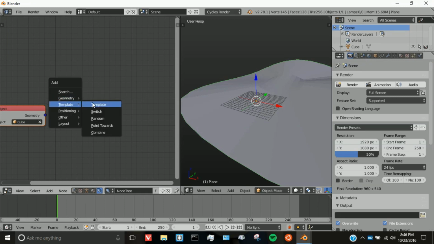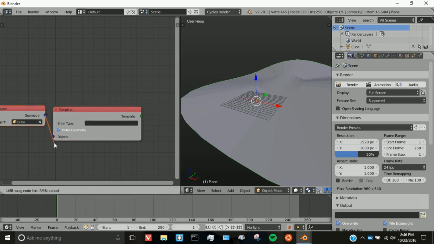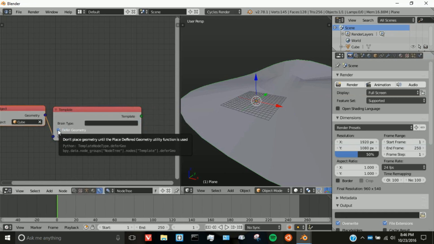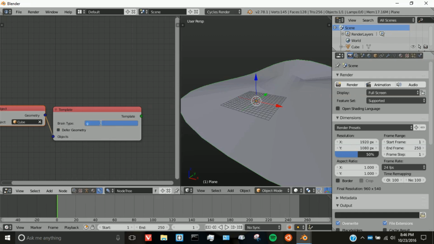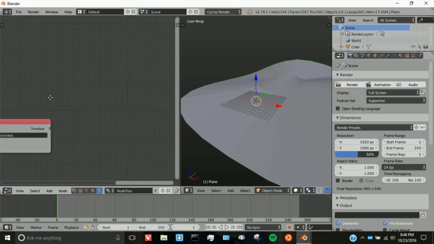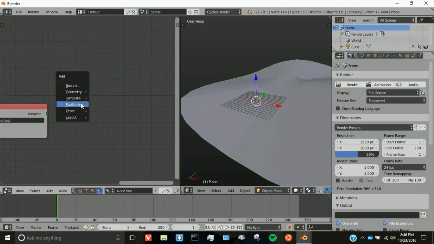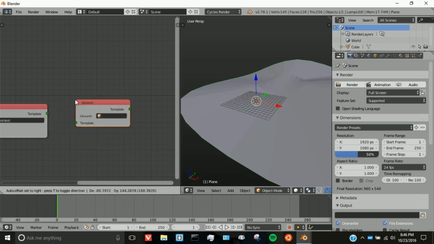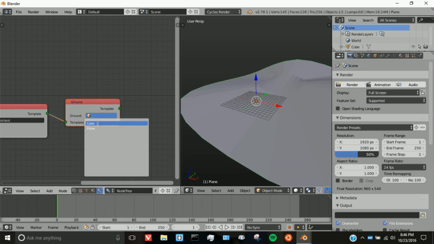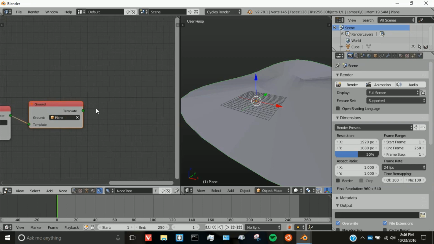And then let's add in a template node from the Template menu. Connect these up. We can turn off Deferred Geometry for right now, we don't need it. And let's set the brain type to Ground Test. Next, we are going to want to add in a positioning ground node, and this node is the one that does all the work. So under the ground option here, let's choose our plane, connect these up,